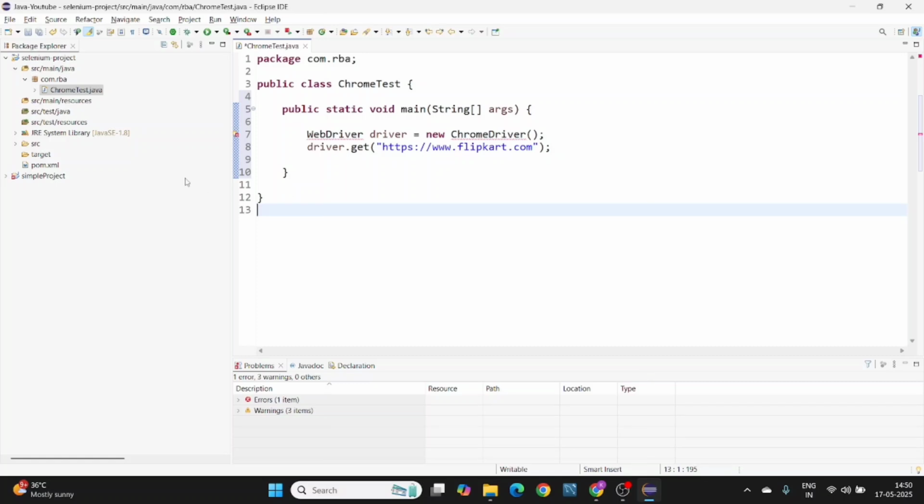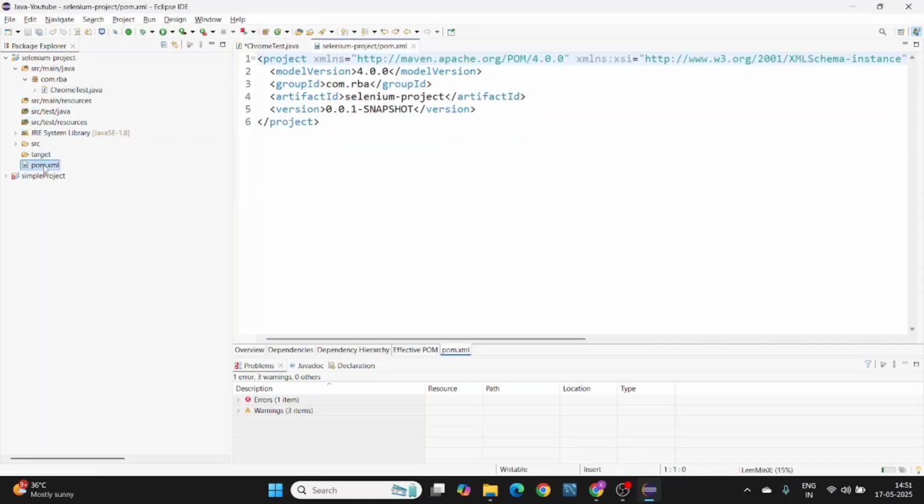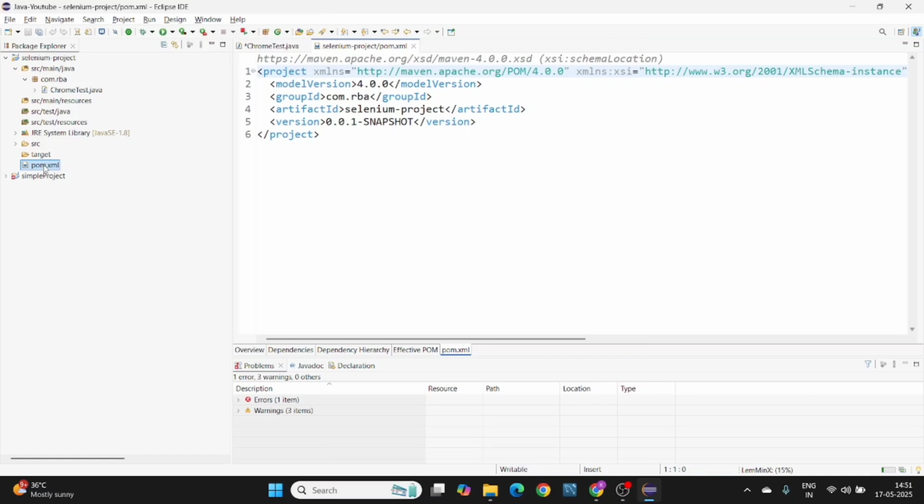So as in the previous project, in the normal project, we have added jars externally. But why people nowadays are choosing Maven is because of the simple thing, as I said, pom.xml. Whatever the dependencies or external jars that we want to add, we will just configure them over here and Maven will do the rest of the work. For that, what you have to do is, let me